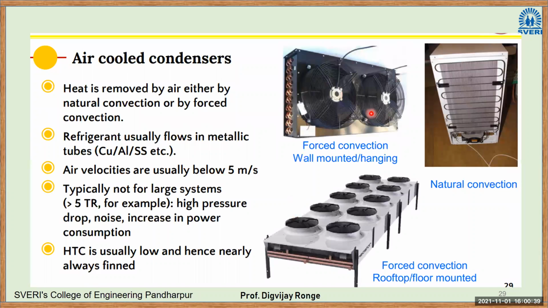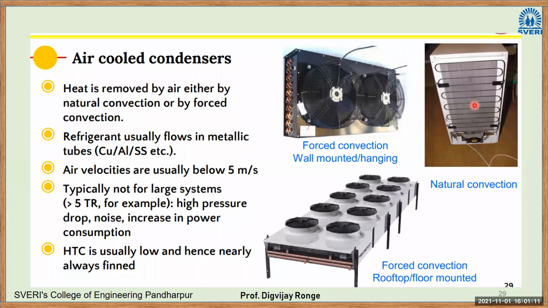So these are the air cooled condensers. As you can see, there is a fan, and there is this condenser assembly. Inside this, the refrigerant flows in the condenser in these coils, and there is the fan. As we are supplying air on the tubes with the help of fans, that will be forced convection, right? There are two types: natural convection and forced convection. If we are supplying air with some velocity or mass flow rate, that will be forced convection. Okay? And this is natural convection here.